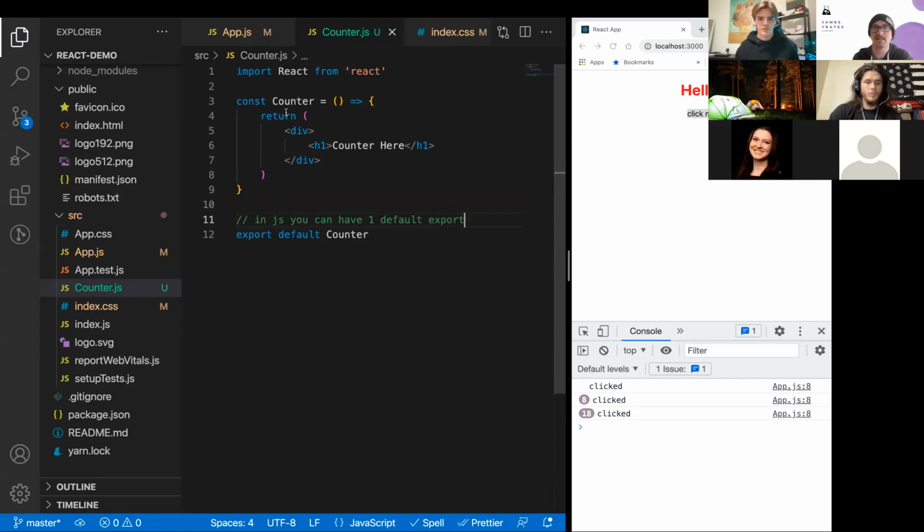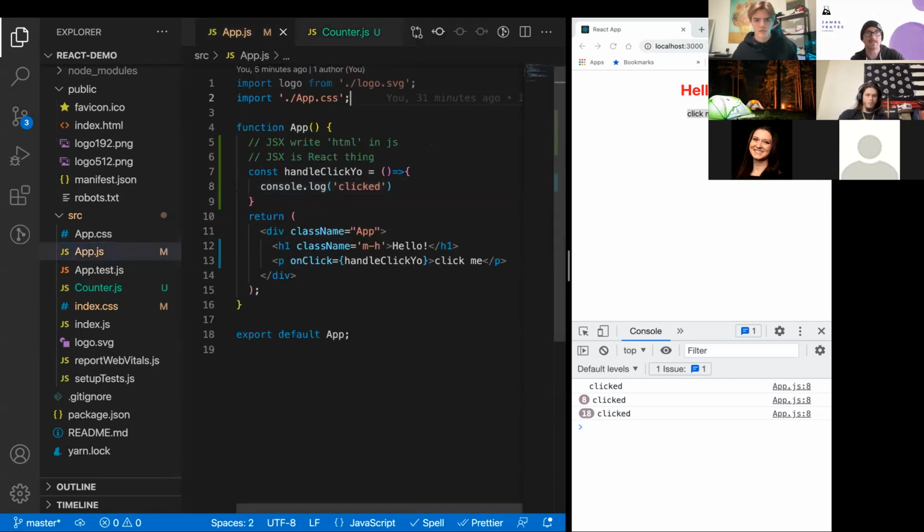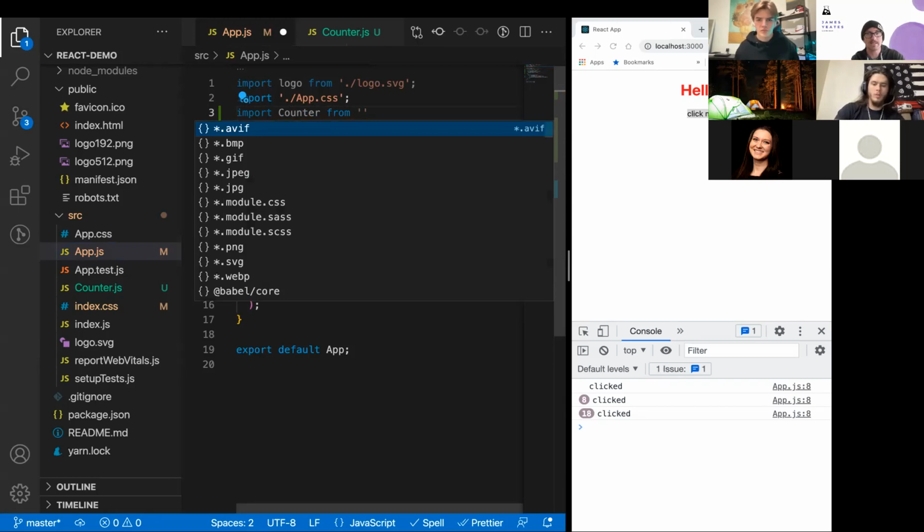That's how I have this variable that I'm defaulting export. Cool. So now in my app.js, what I can do is import counter from, and now